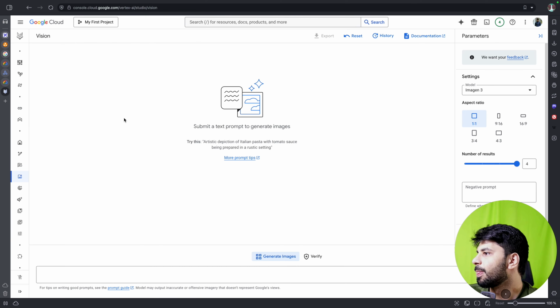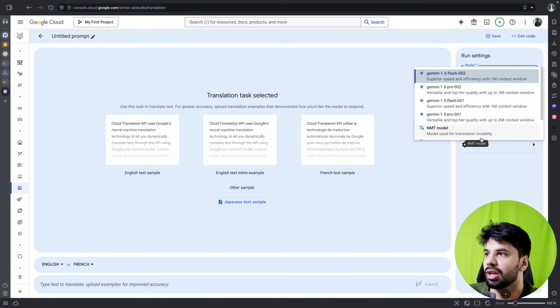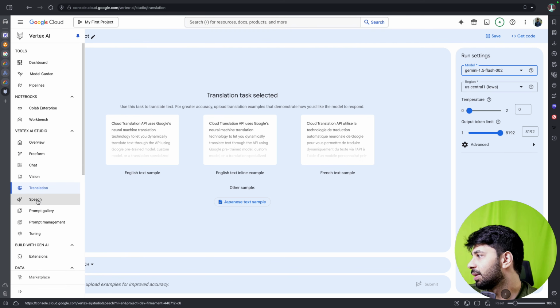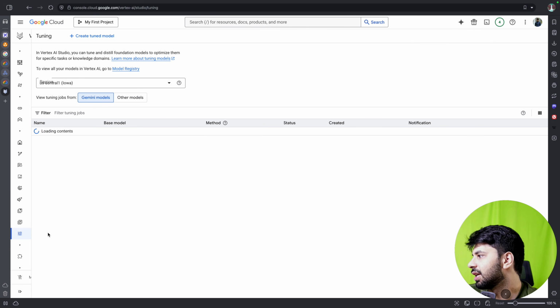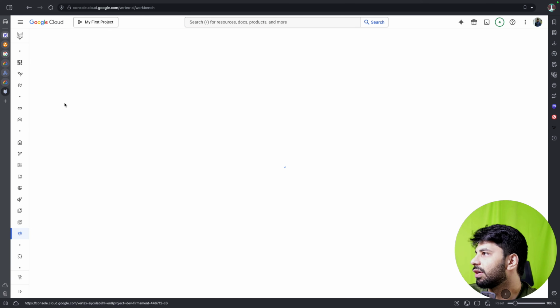If you go on Vision, you will see that you can submit a text prompt to generate an image. Then we can go to translation. Just enter a text and it will translate. So see, all these things are provided to you. The best part is that all the models are there, which you can directly test out here, including the open source models like Llama and Claude as well. If I go to Workbench,